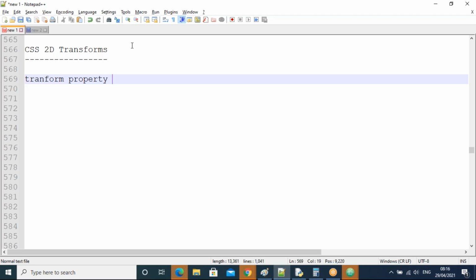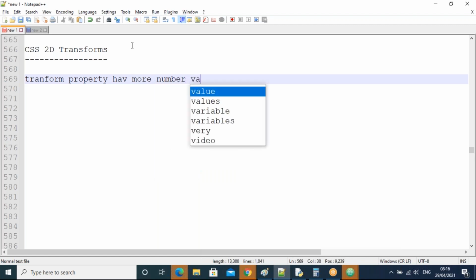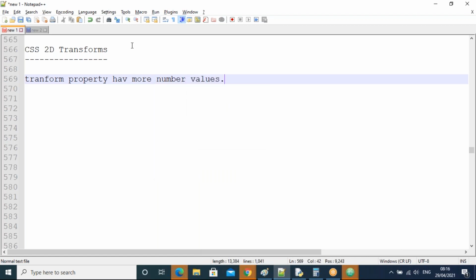This property has a lot of values, because suppose you have a box. That box I want to display in some rectangular shape, or in curve shape, or moving to top or down.